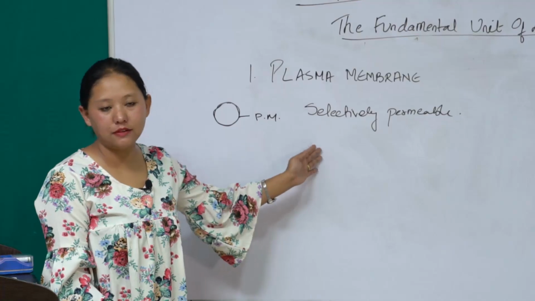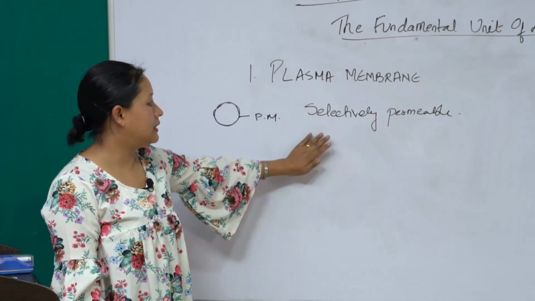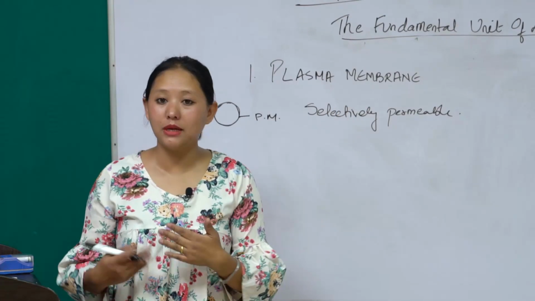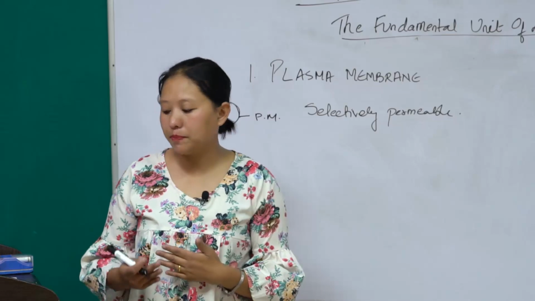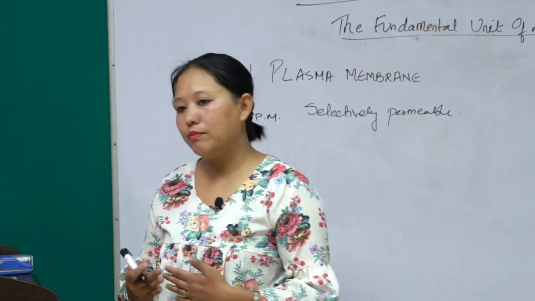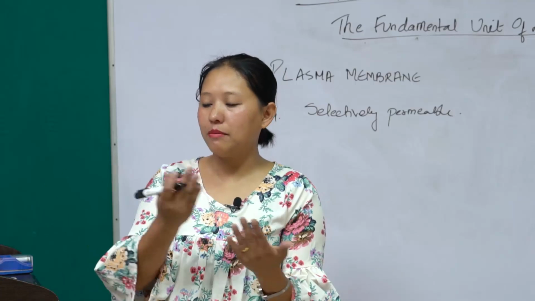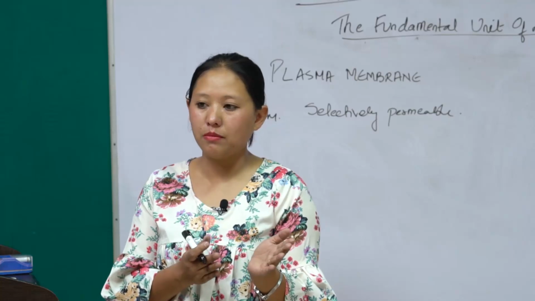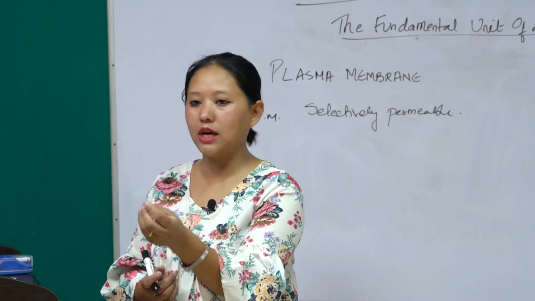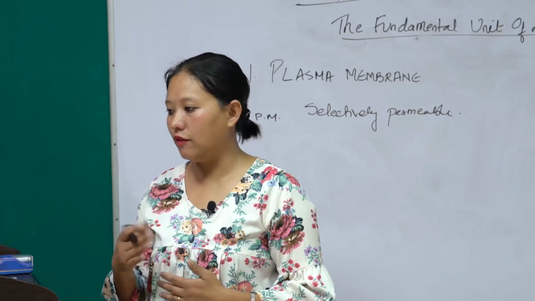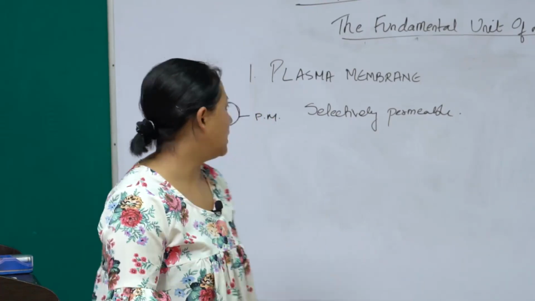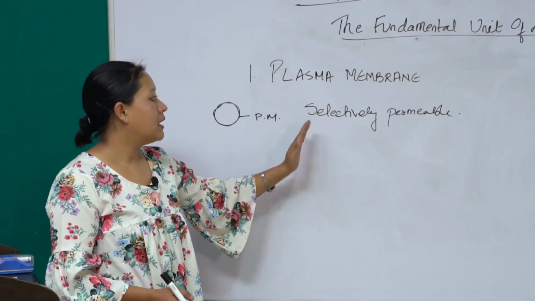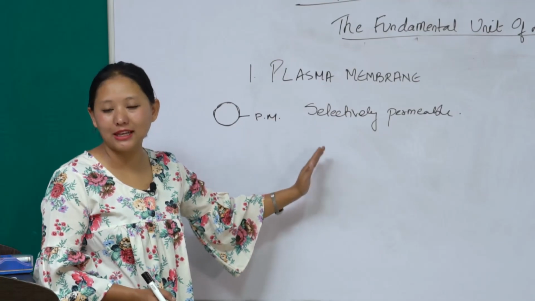The plasma membrane is a selectively permeable membrane. When I say selectively permeable membrane, let me first explain what a fully permeable membrane is. A fully permeable membrane will allow everything to come in and go out of it. Whereas when I say the plasma membrane is selectively permeable, that means the plasma membrane will selectively allow